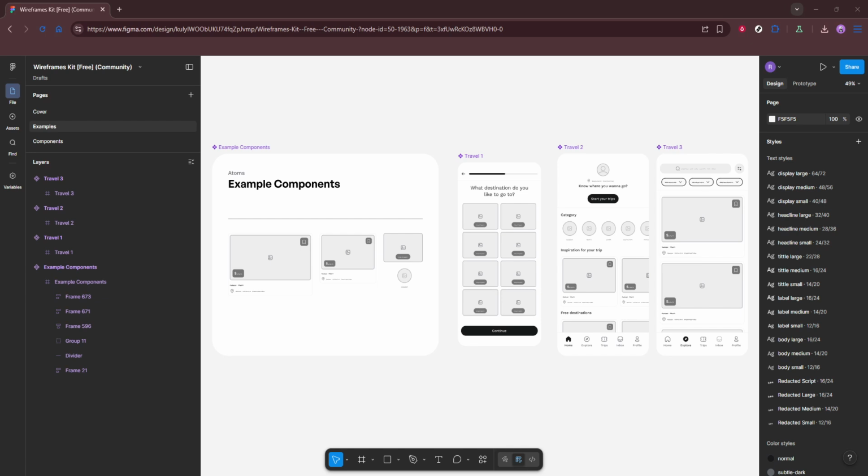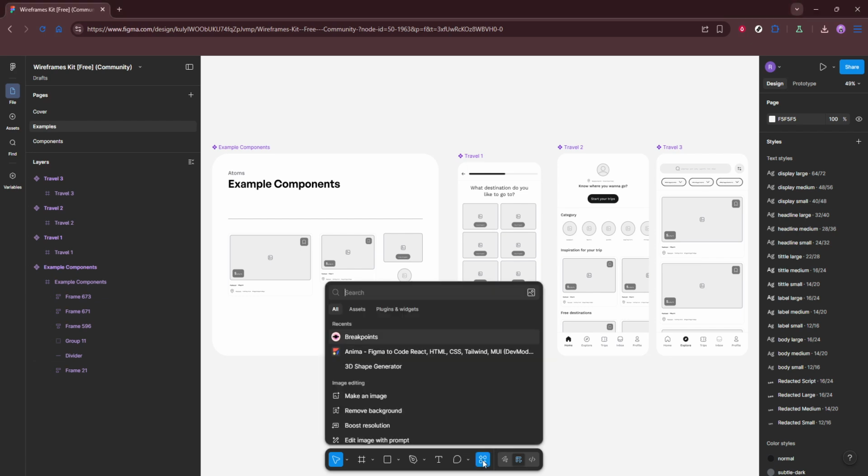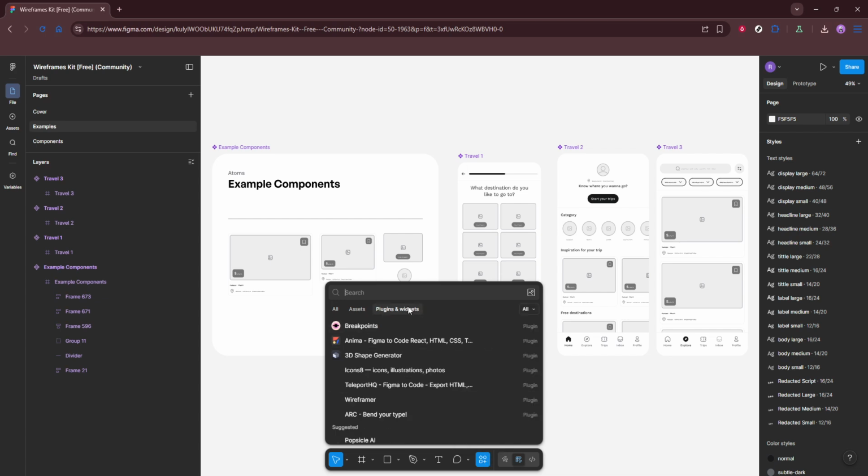Next, look toward the bottom of the Figma interface and open the Actions menu. This is where you can quickly find tools without digging through multiple menus. From there, switch to Plugins and Widgets. This section is your hub for extending Figma's capabilities, and it's exactly where we'll find the tool that helps with